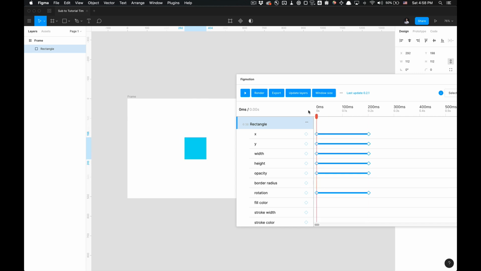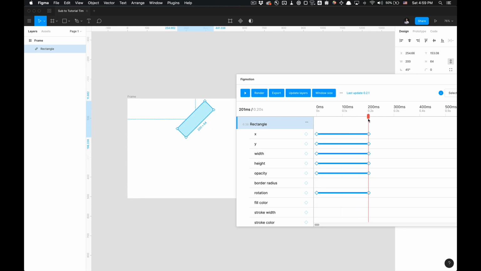And as you can see, the start of the keyframe here is set to 100%, and then goes to 0.3, 30% transparency over the duration of these 200 milliseconds as it's rotating and moving on the X and Y axis. And the width is shifting as well as the height. So I'm going to actually add a border radius around the corners